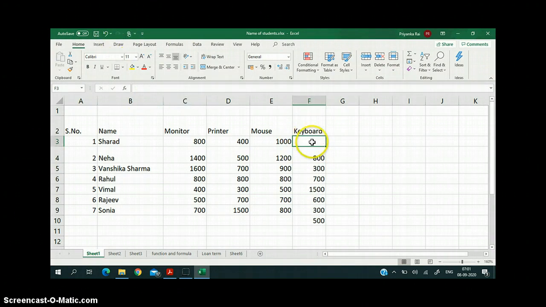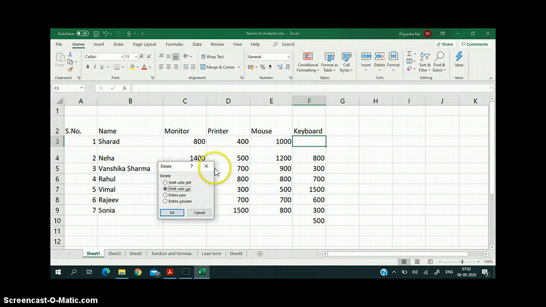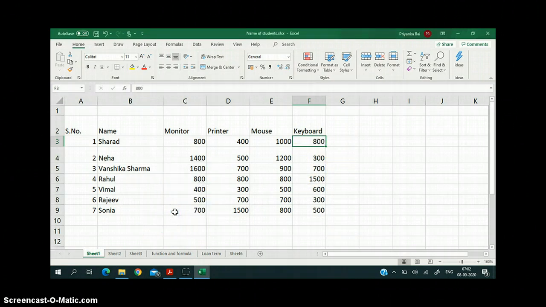feature is deleting cell. I want to delete this cell. I have created a cell wrongly. So what I'll do, in the home tab, just next to insert, delete option is there. You will click on this and delete cells, and it is asking shift cells up. So it is your choice, because I have inserted the cells by shifting the cells down, so I can go for shift cells up. If I want to delete this, let us see the second option also, shift cells left.